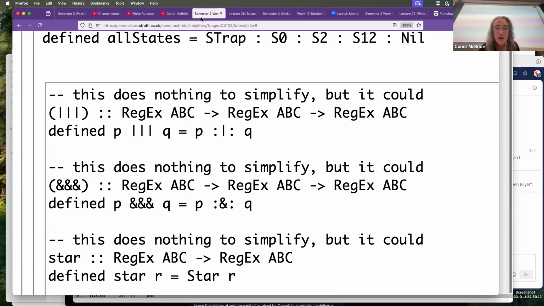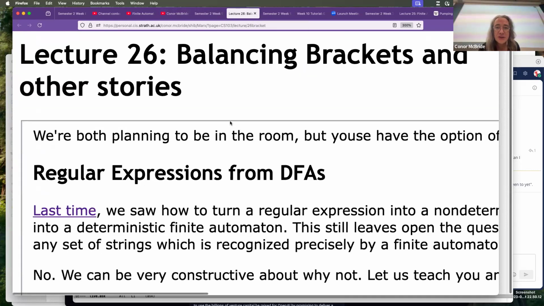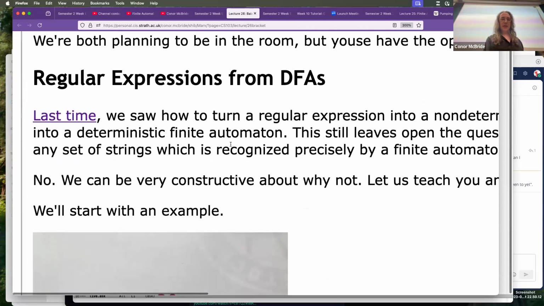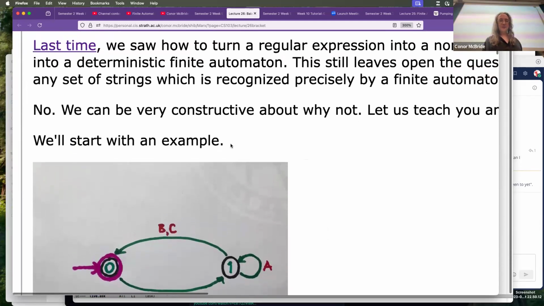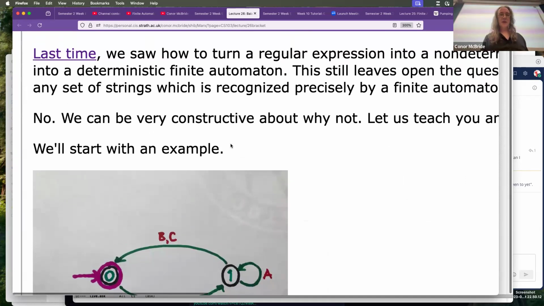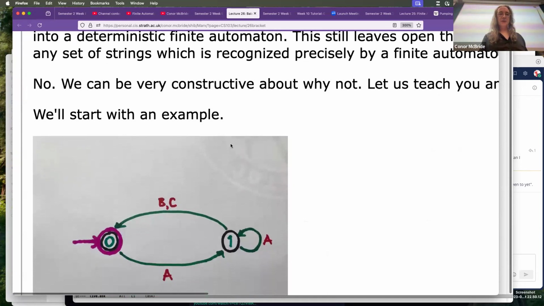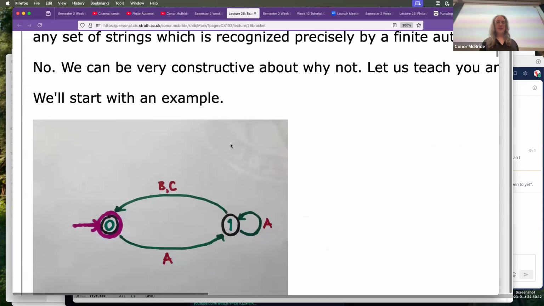Okay, so what happens next? I've got notes for this lecture, which are flying off the screen, but it might at least remind us what we're up to. Okay. So the plan is